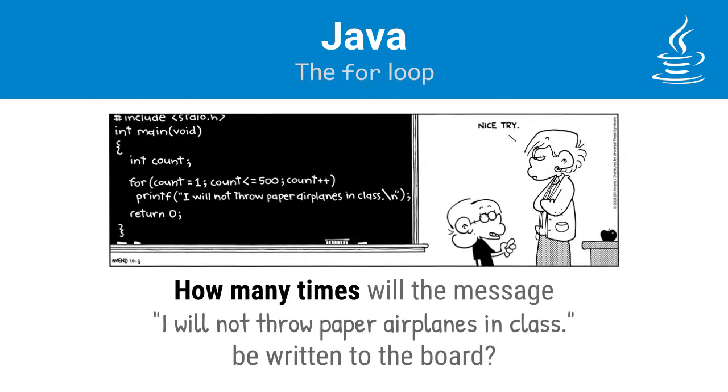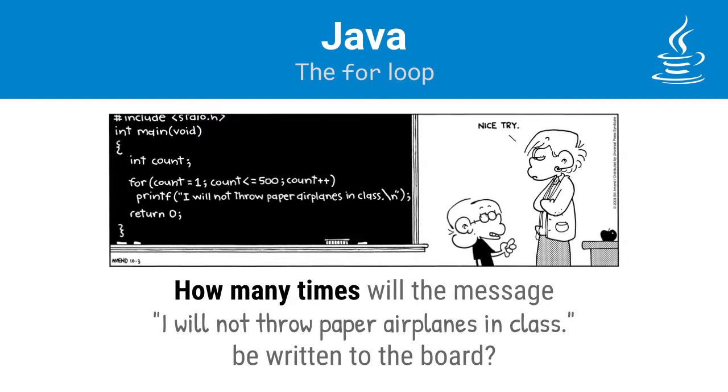Let's discuss the most popular iterative control structure, the for loop. Take a look at this witty cartoon. Looks like the boy is using his savvy to avoid writing "I will not throw paper airplanes in class" time and time again. What you see depicted in this comic is a classic C-style for loop, the mother of all